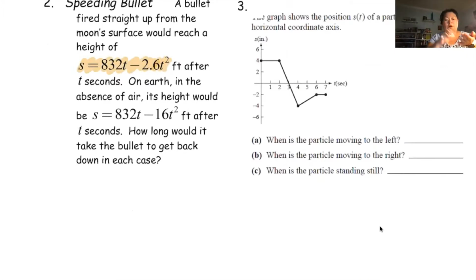So initially it's 0 and it shoots up because you're firing the bullet. And then when does it come down? That's when the height is 0 again. And then same thing for the Earth. You're going to take this equation and set it equals 0 as well. Okay. All right. So the first equation for the moon,